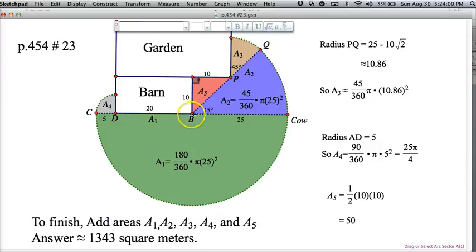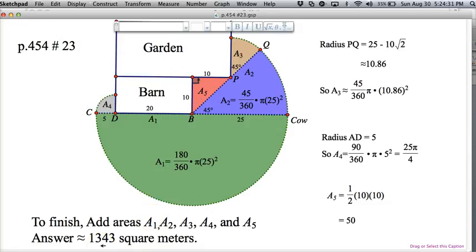So now we just about have all of our sector areas, but since the question asks for the total grazing area for the cow, we have to remember that the cow can also dip inside of this region here and start grazing. And that's just a right triangle, actually an isosceles right triangle with side length 10. So the area of 5 would just be half of 10 squared, which gives us 50. And so finally, after dissecting the grazing area into all these different sectors and the one triangle, we add those areas together and we get approximately